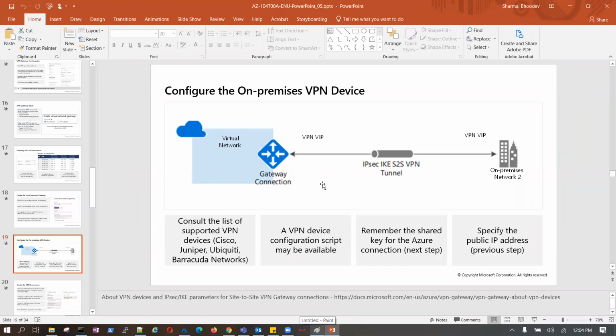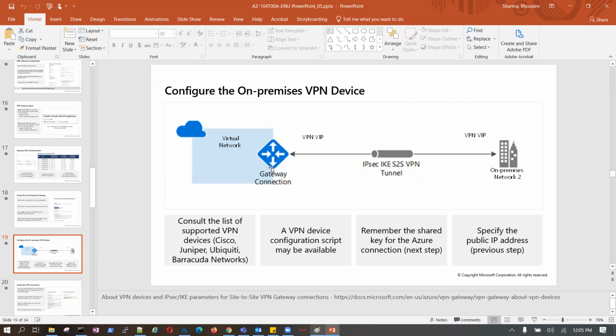This is configure the on-premises VPN device. This is my Azure virtual network cloud. Now this is my on-premises environment. Here, consult the list of supported VPN devices: Cisco, Juniper, anything, Barracuda, from the networks team. Okay.